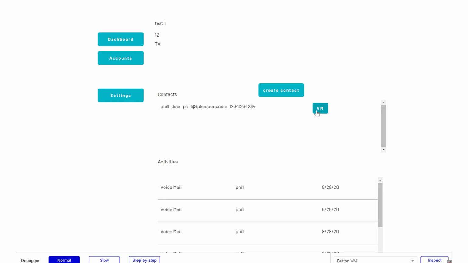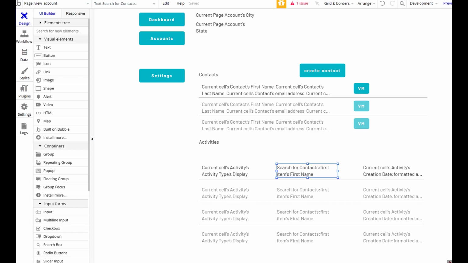We can make a phone call, we can do that. But what if I want to add in a detailed activity? So that's a quick activity. I just log the voicemail. What if I want to create an activity that has a bit more to it? So I could have notes that I'm logging, so I know what I talked to Phil about last time. Well, to do that, we need to create another page. So let's do